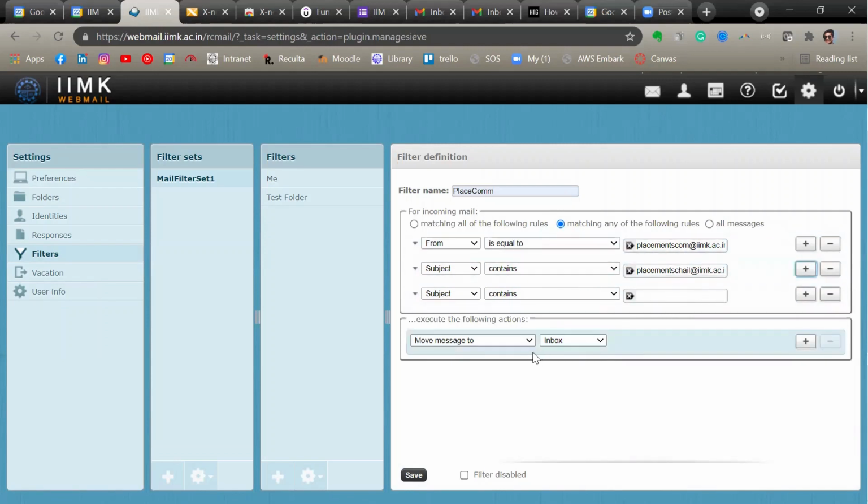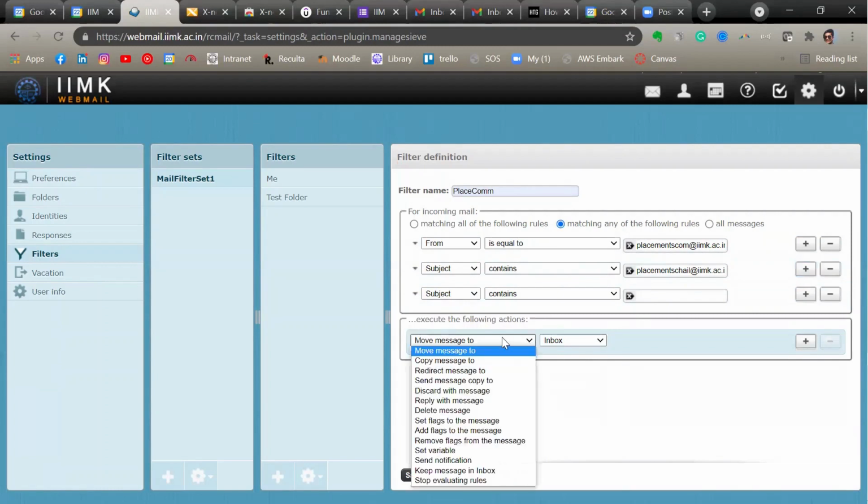Once you have added these filters, now we will apply the rule here. What the rule says is, if your email comes from either one of these email IDs, then what you should do is move this message. There are multiple filters here, multiple rules here. You can play with them as and when needed.